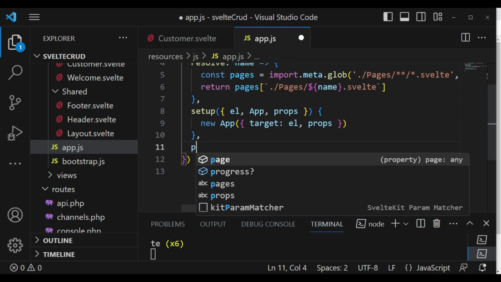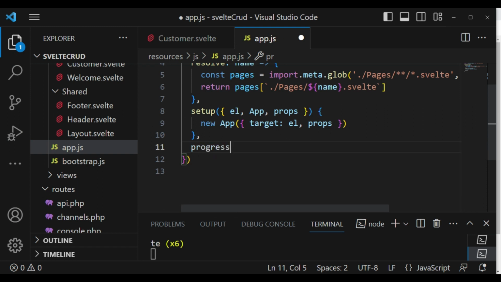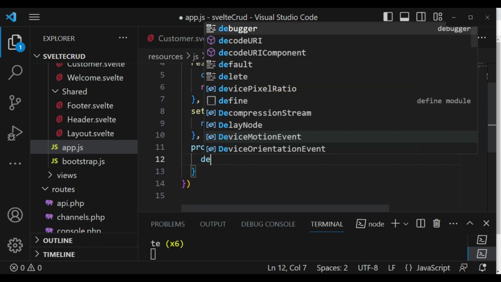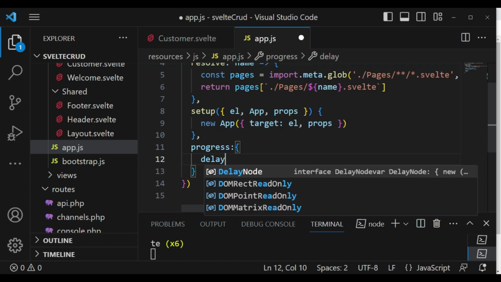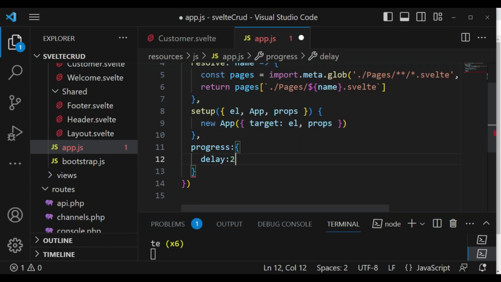So I will say progress like that, and then we are going to have a colon. Inside here we can put the parameters that will control our progress bar. So delay, you can set a delay. We can have it like 250